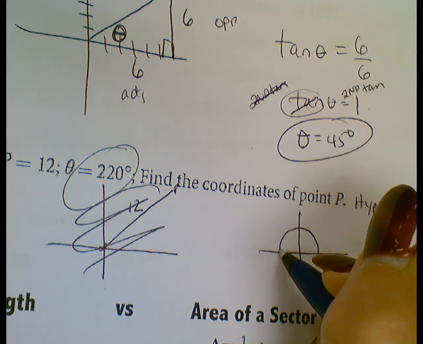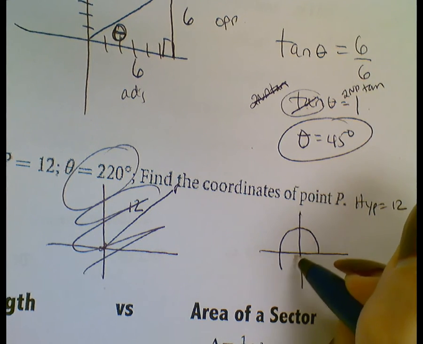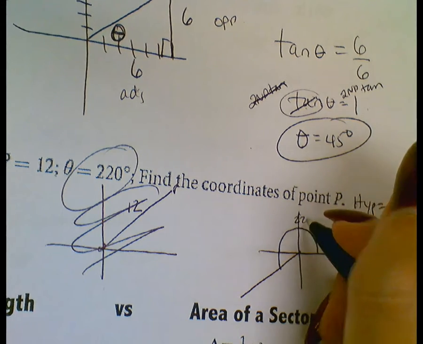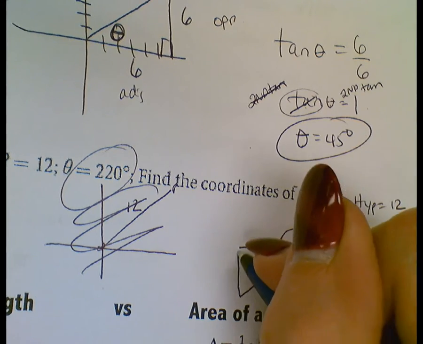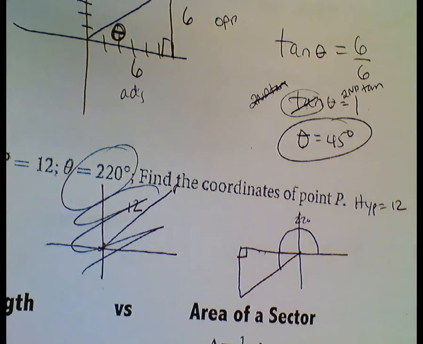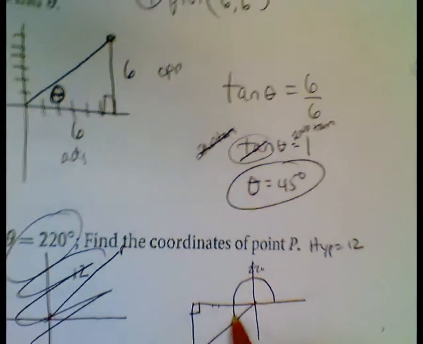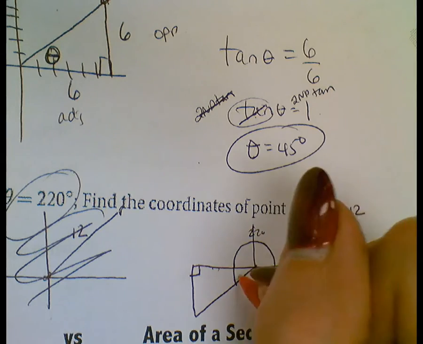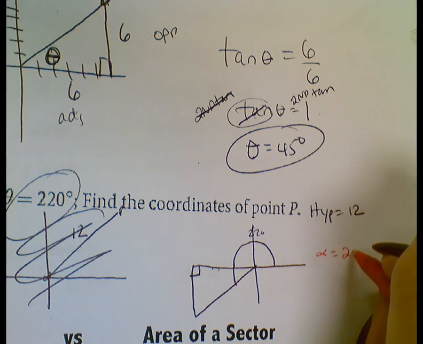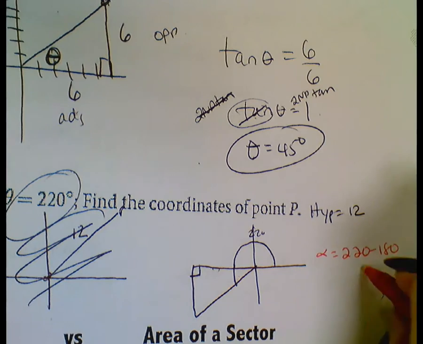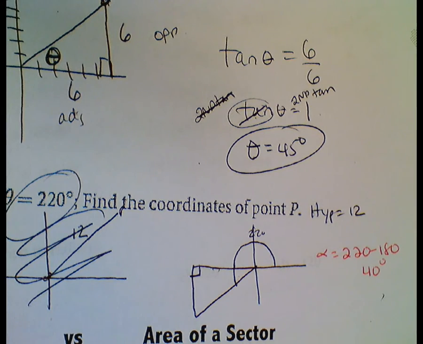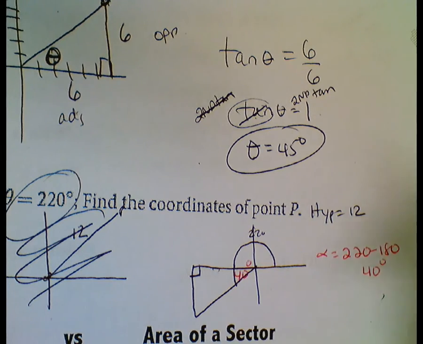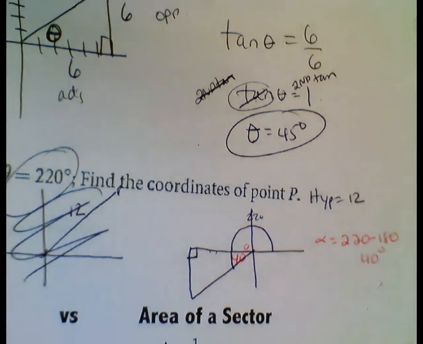Here's 180. 220 is about another 40 into this third quadrant. Draw a terminal ray out. So that's 220. Draw a reference triangle to the closest x-axis. Now, I cannot put 220 in here. I just passed 180. So to find this angle, this alpha angle, take 220 minus 180, which is 40, right? This is 40. Because we went 40 past 180, I have to use angles that make sense in a right